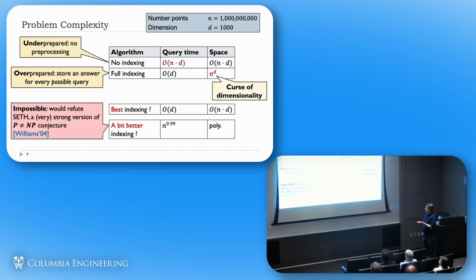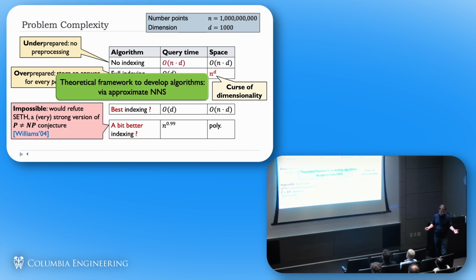It turns out that this question, in principle, is impossible, at least under what is called the strong exponential time hypothesis. Think about this as a stronger version of the P not equal to NP conjecture. So we cannot hope to solve this problem in full generality. Now there are two options. Either you say, forget theoretical guarantees. But I'm a theoretician, and the way we approach designing algorithms is to ask how we can formulate the problem so that I can still prove something about it.